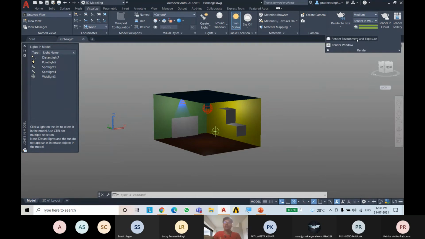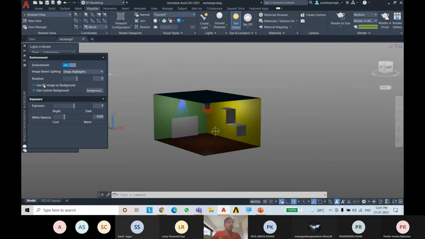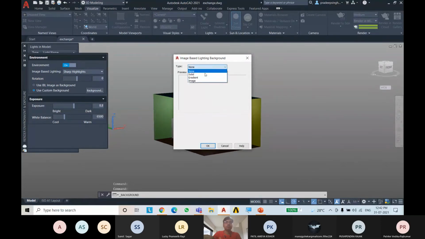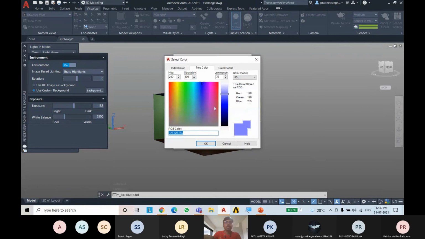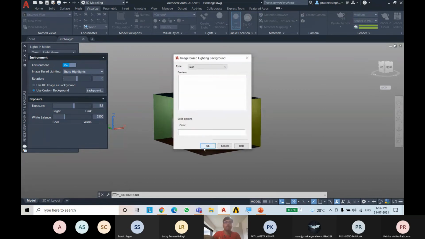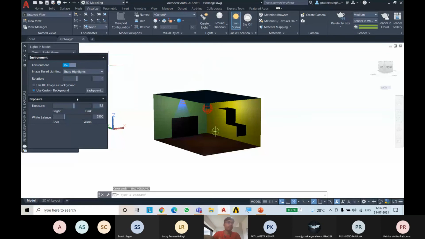We go to this environment, click on off, on this, click on background. So solid, click on this color white. Okay. We can use this exposure to increase exposure and lighting effects.